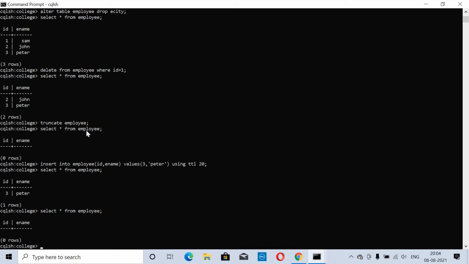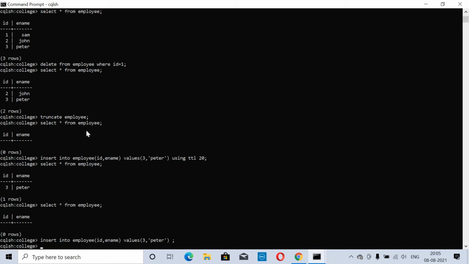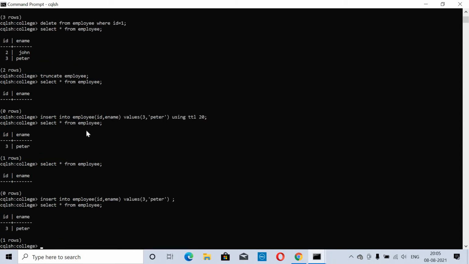And one more thing, we'd like to update the table. So what is updating? Suppose some record is already there. I will try to insert some record and I want to change the name of the person. So here it is select star from employee. Update the name in the table. What is the name of the table? Here it is employee, where ID is equal to 3.